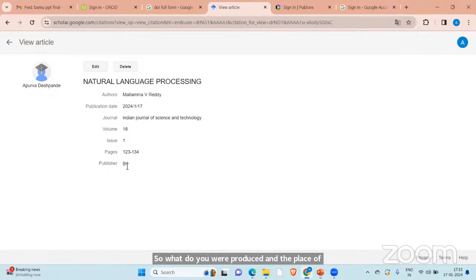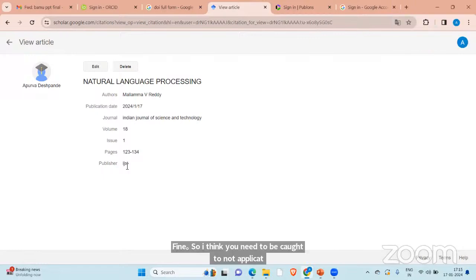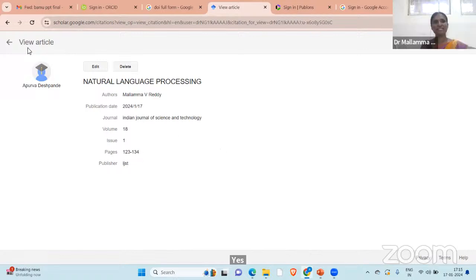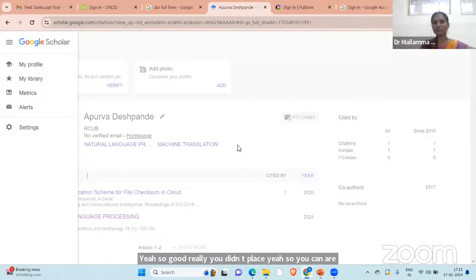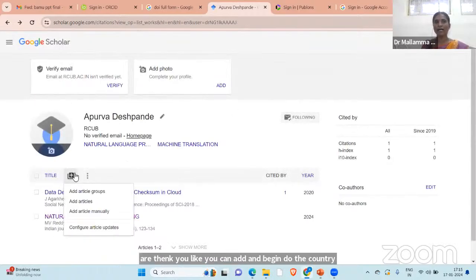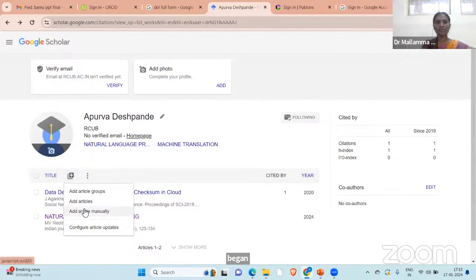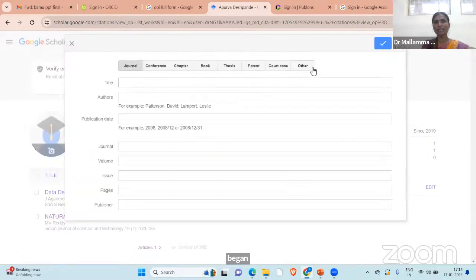Okay, fine. So I think you need a wiki. You got one of the application. Yes, ma'am. So Google Drive or there you can place here. So you can add. Okay. So you can edit, you can add, and you can do the content related things for this. So same way you can go on adding. You can sort here. This you can view the trash. You can select the thing. You can add. Say something I want to add here, like other thing.